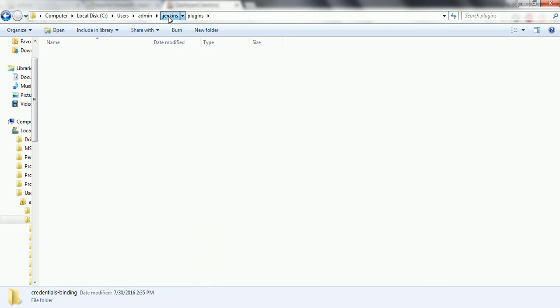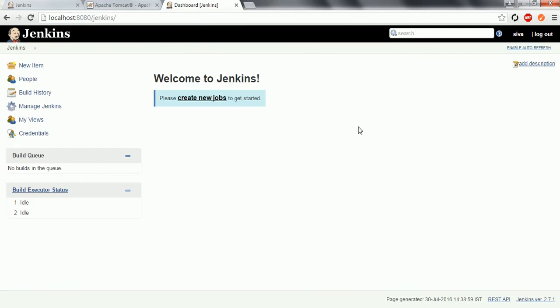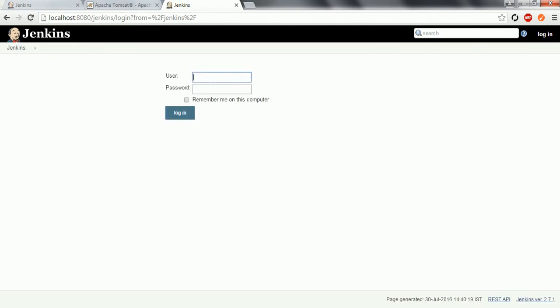So this is how you need to install Jenkins on the Tomcat web server. Once you have created a basic admin user for the application, you just click on logout, and next time onwards you can pass your username and password to log in to Jenkins.